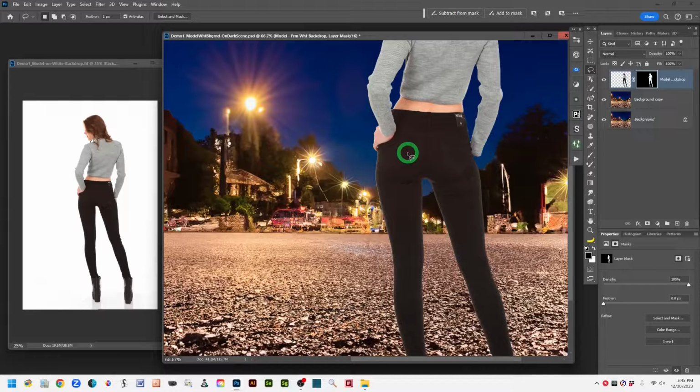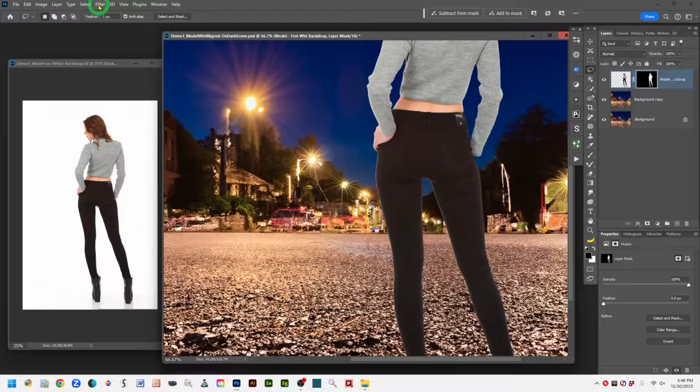Now, in order to remove the halo, first of all, you need to make sure that the mask you just created is active. And to know it's active, be sure there's a white frame around it. See the white frame there? It almost looks like a halo. So then from there, with that active, we'll go up to the filter menu at the top of the interface,